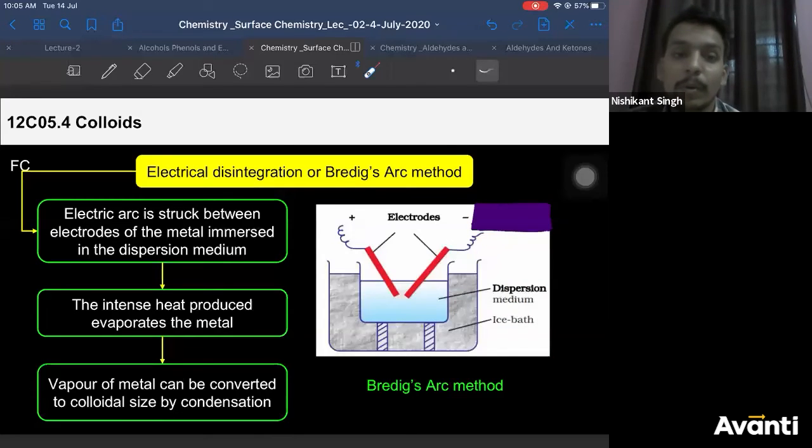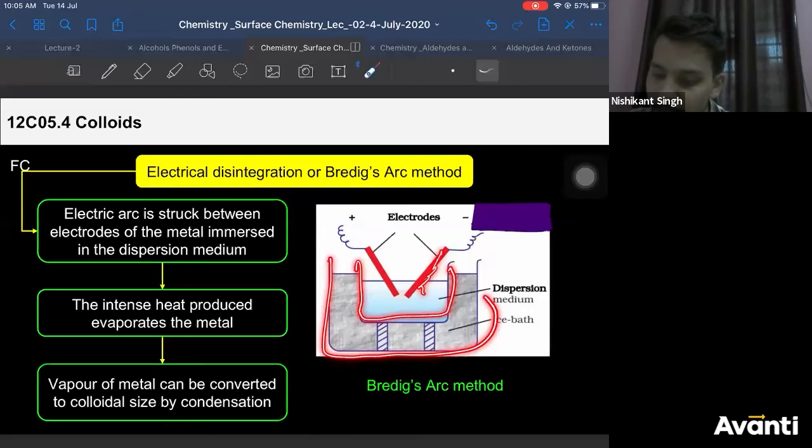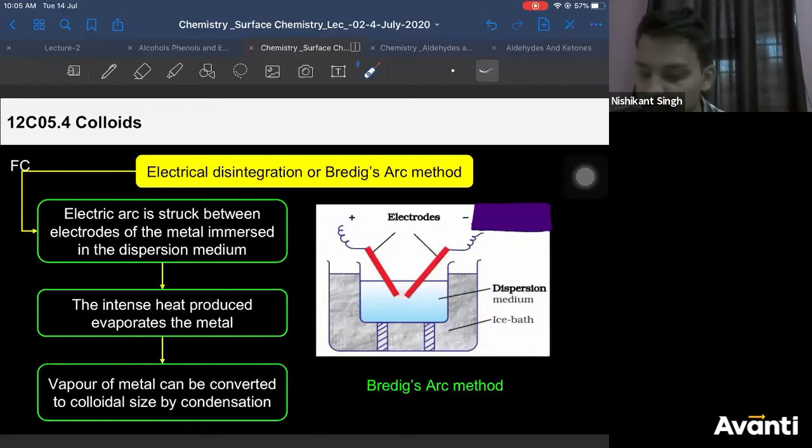Okay? Now, the ice bath cannot act as dispersion medium, no, Kishore? These metals are present in this beaker, not in that one. How will these metals interact with water? There's a beaker in front of them. How can the molten metal go to the ice bath? They are separated by this beaker. Okay?